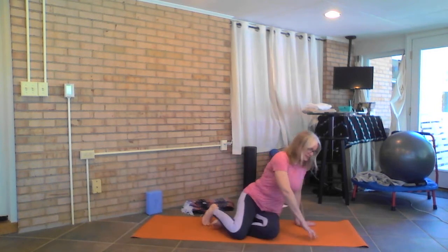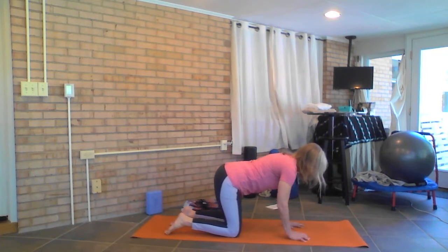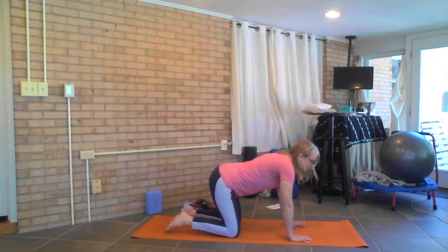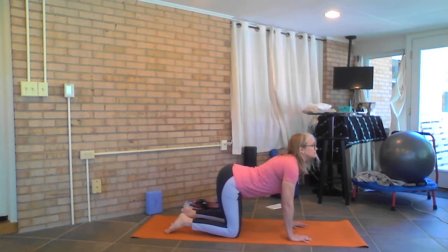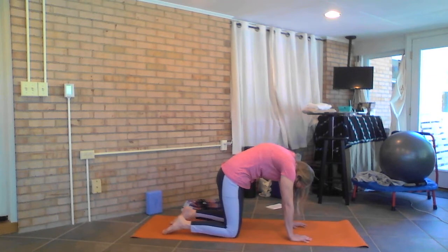Opening your eyes. Let's start in table, bringing your hands under your shoulders, your knees under your hips. We're going to inhale, lift the chest and the head, look up, arch the back. Exhale, round the back. Inhale,